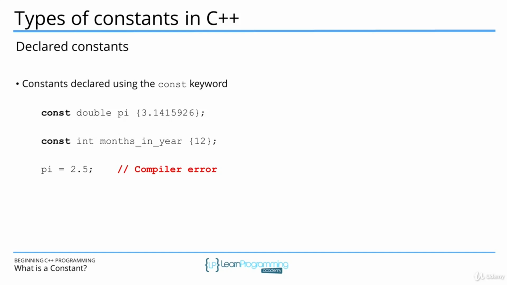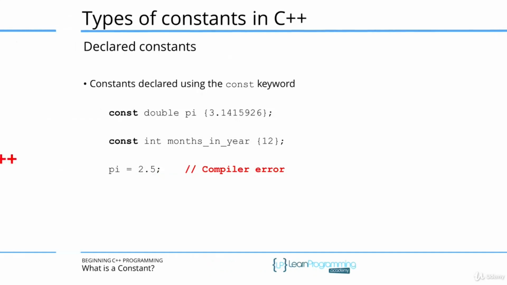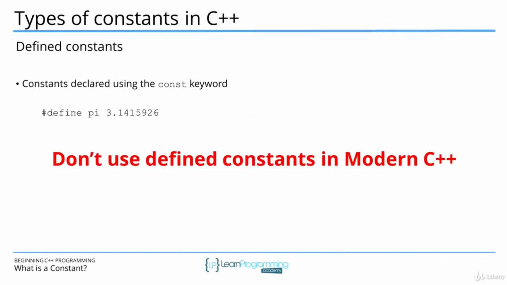The last way of declaring constants in C++ is by using the preprocessor directive #define. Let's take a look at that. Defined constants were very commonly used in older C and C++ code. These constants are defined using the #define preprocessor directive. I'm showing you defined constants because you may run into them since there is so much C++ legacy code out there. Here you're telling the preprocessor that wherever it sees the word pi, replace it with